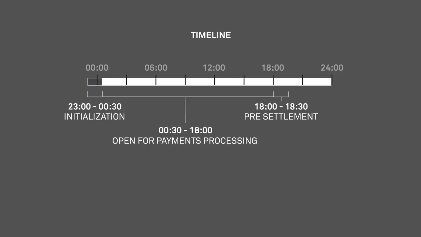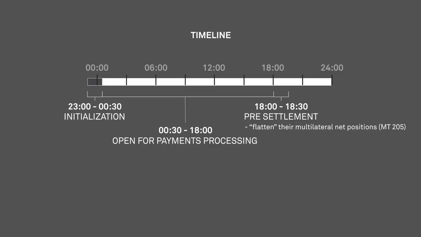This is the deadline for participants to send customer payments, but participants typically implement an earlier cutoff time of 4:30 or 5 p.m. for their clients to ensure that the payments are qualified and can be released to LVTS prior to 6 p.m. During pre-settlement, participants other than the Bank of Canada attempt to flatten their multilateral net positions by exchanging inter-FI payments, MT205s. Flattening means bringing their net position as close to zero as possible.